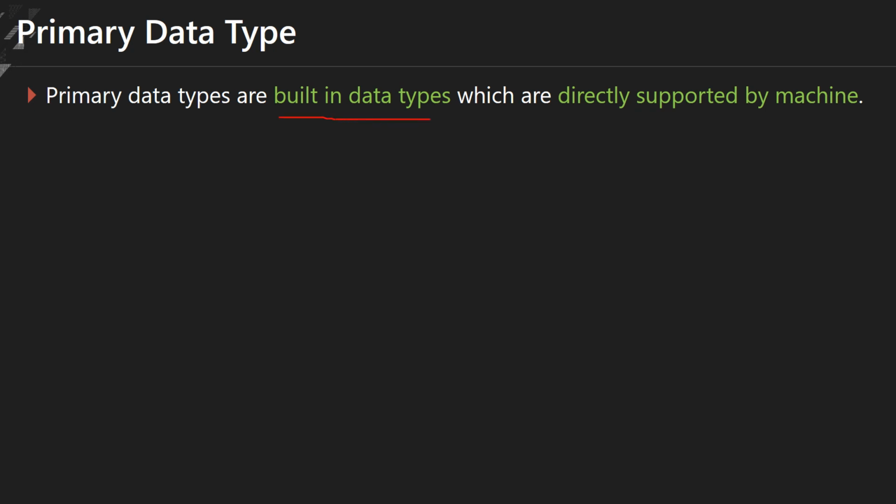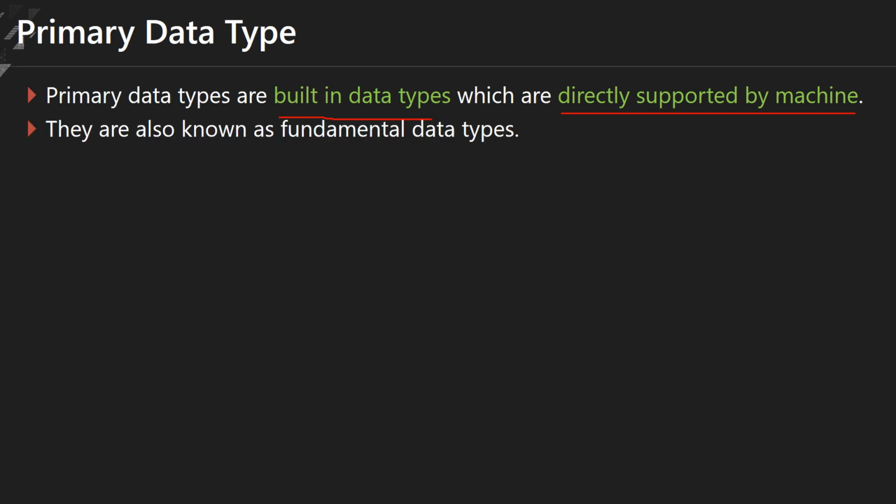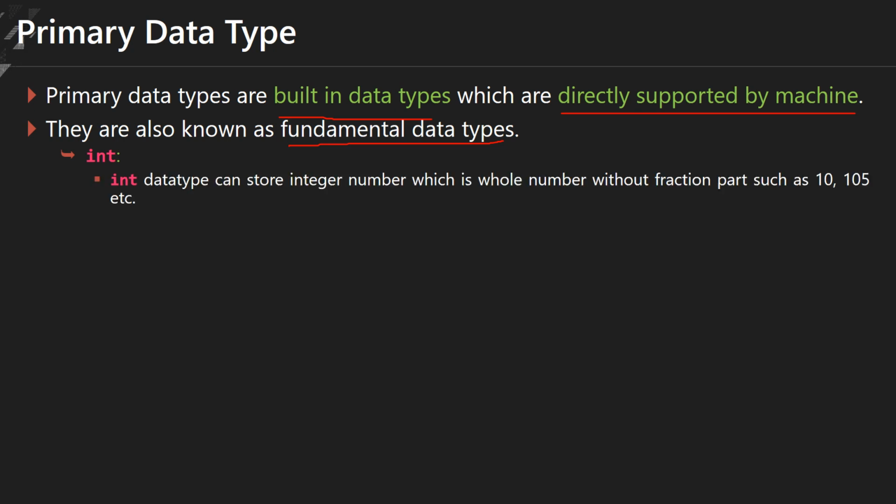In the next slide, the primary data type is a built-in data type, which is directly supported by the machine. So it is also called a primitive data type or a fundamental data type. These generally include int, as you were told in the previous slide. So what do you mean by int? Int always stores